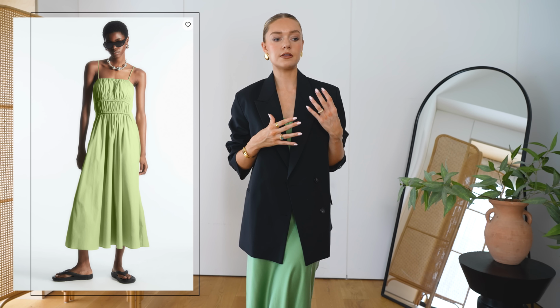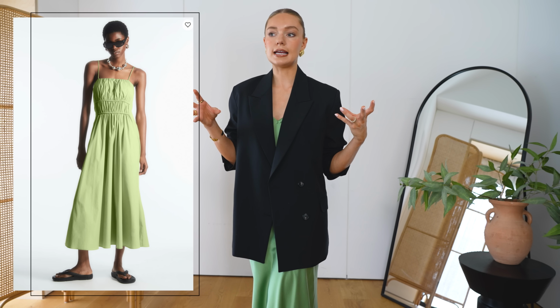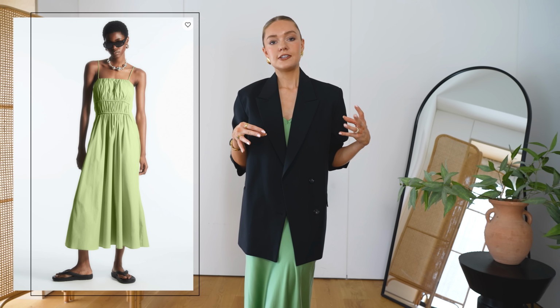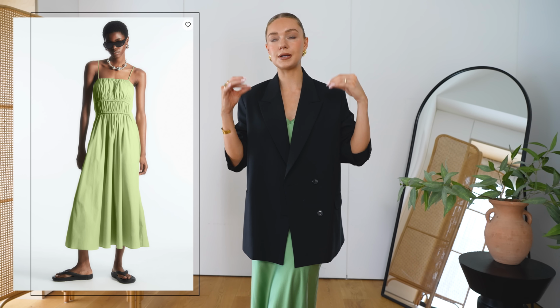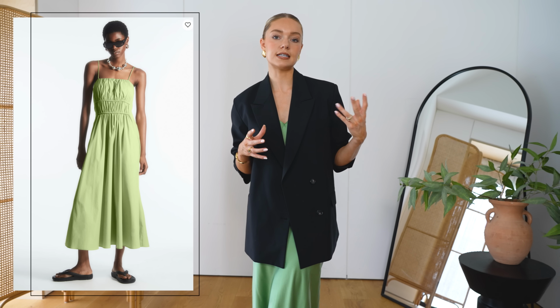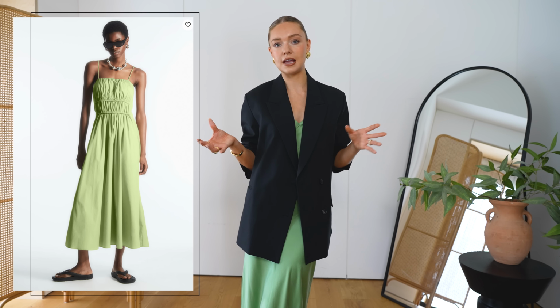I always find that with summer dresses, it's sometimes hard to make them look chic. And what is it about that piece that makes it look chic? And I think here we've got that gathered detail. Just elevates a very simple strappy dress. Also the very fine spaghetti straps help to enhance this, just make it feel very elegant, easy to wear. And the beauty of this, a nice holiday dress, dress it up in the evening with a pair of